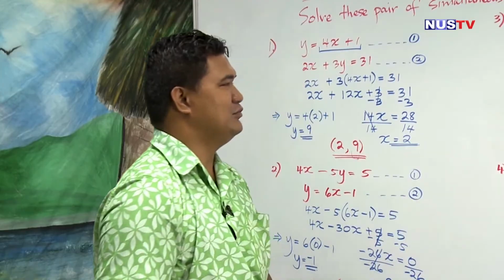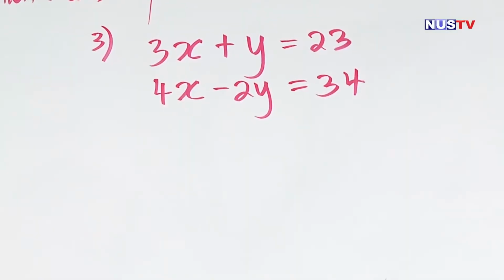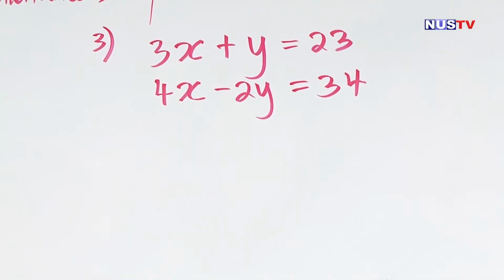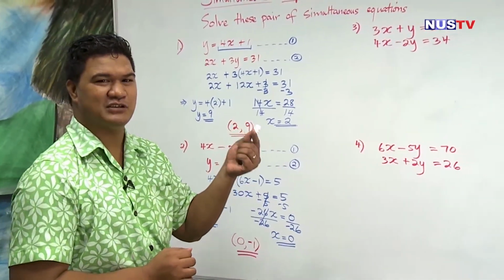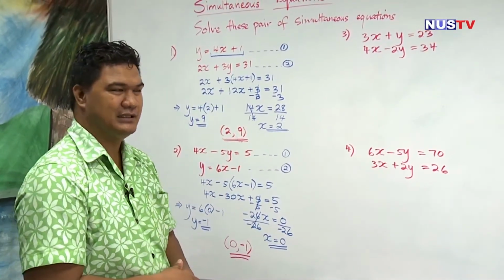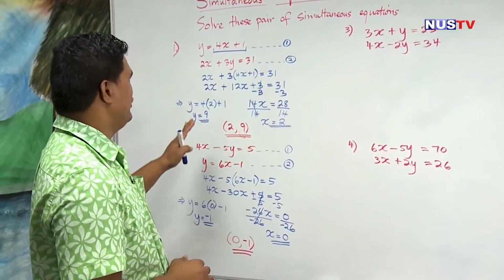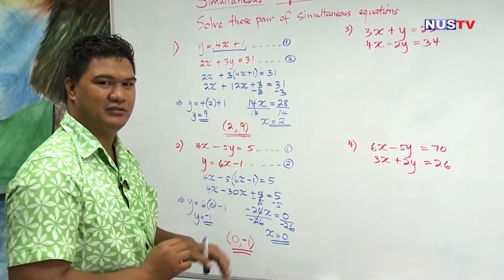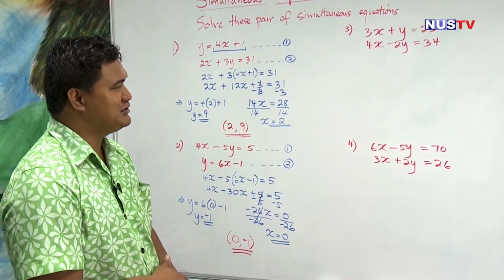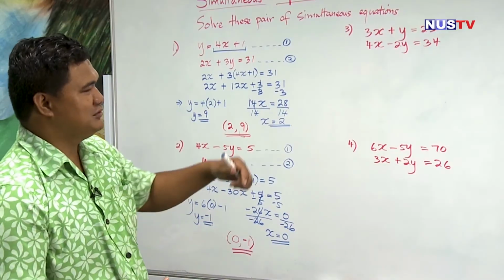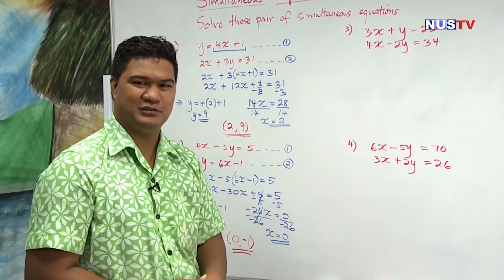So the next one, we have 3x plus y is equal to 23. And then 4x minus 2y is equal to 34. So according to our notes, we say that when both variables are on one side of the equation, then the substitution method is not able to apply. So what we are going to do, we are going to use the second method, which is